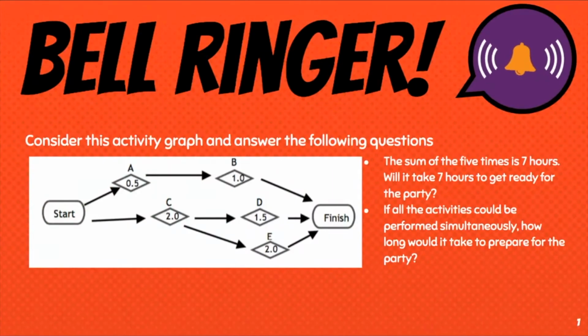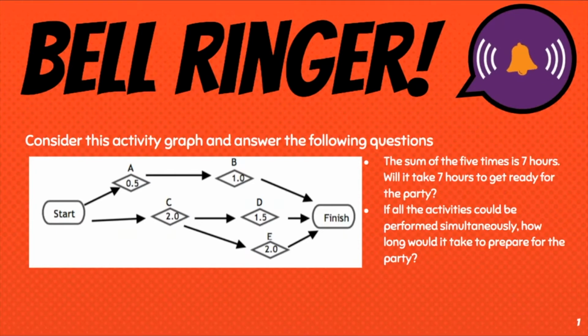Howdy. For our bell ringer today, I want you to consider this activity graph on the screen and answer the following questions. There are 5 times on this activity graph, A, B, C, D, and E. In order to finish this activity or the complete activity,